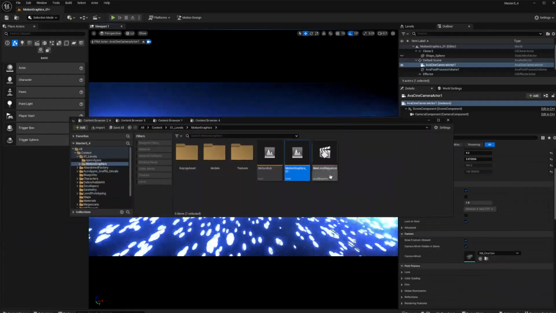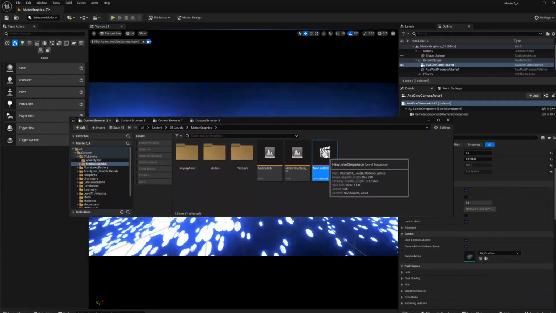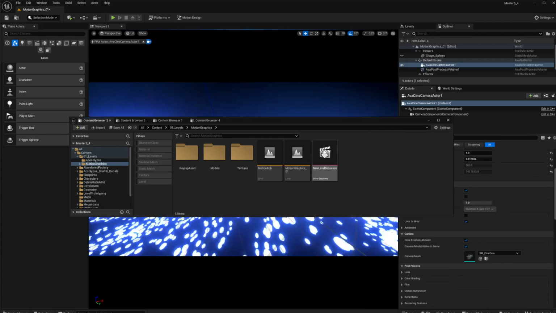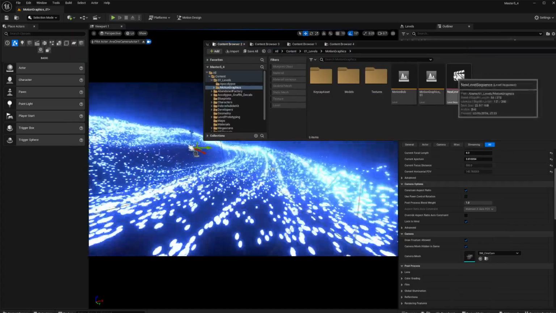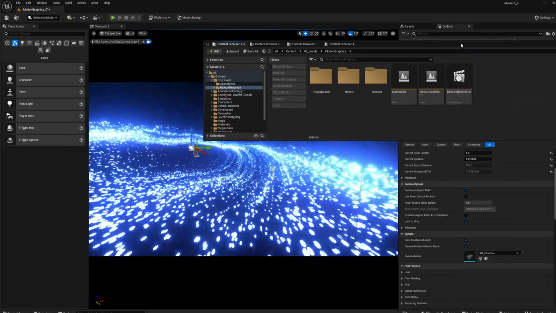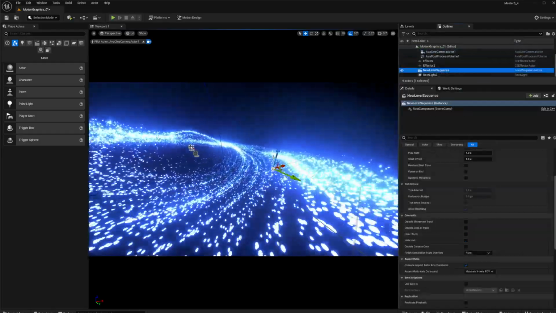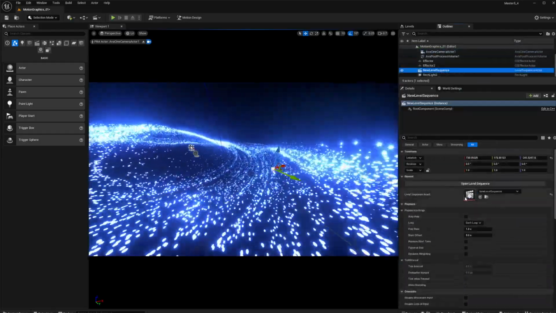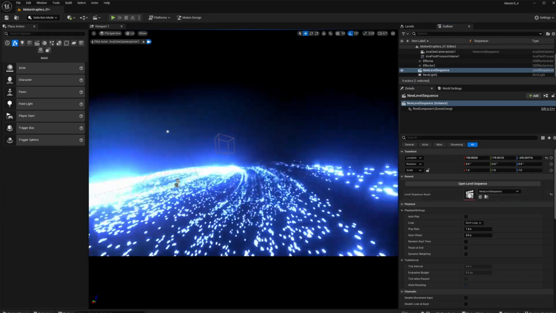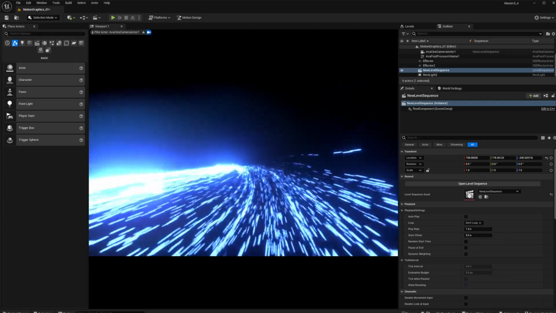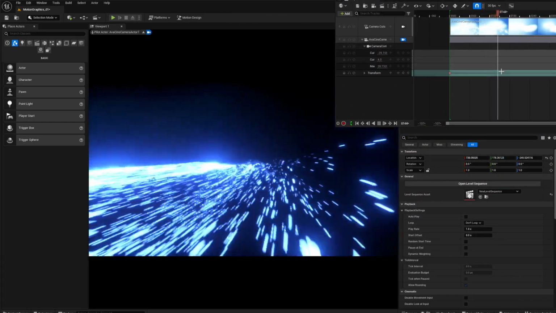Now, inside of here, you can just right click here and say, where is it? Cinematics, and then level sequence. Once you've created a level sequence, you can drag and drop this into here. Do I have one in here already? Let me just have a look. Yeah, I've got it. You can just drag and drop it into your scene, and you can double click this, right? So now you've got something like this, I've got a camera on here, and I'm moving it around,